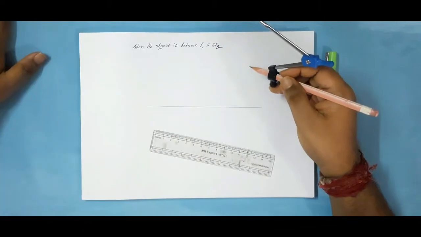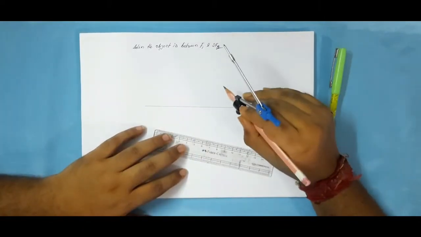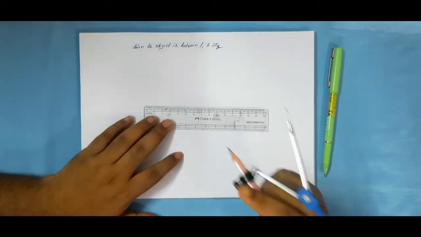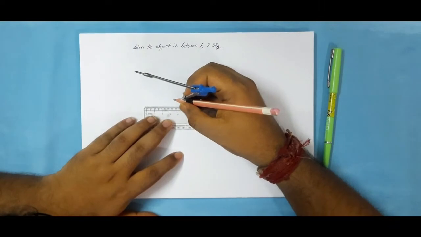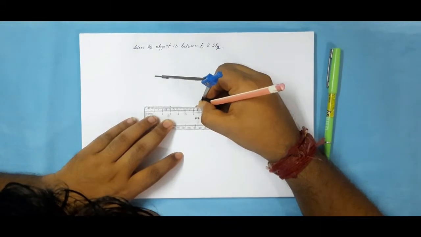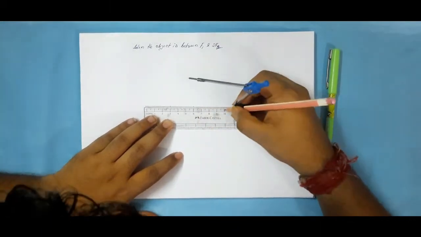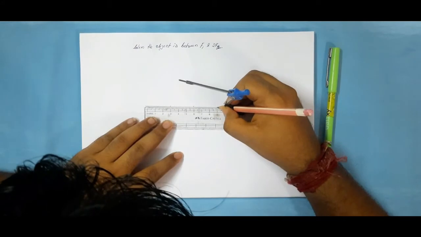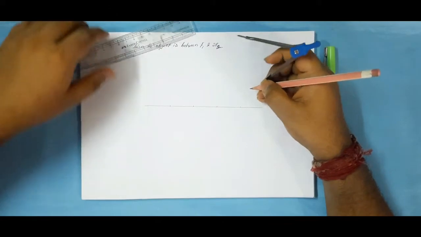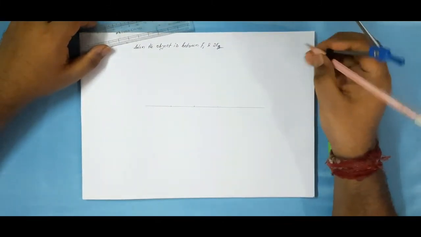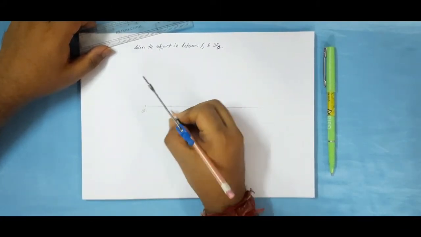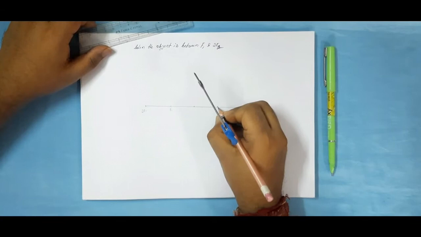Okay, the second step, we have to equally divide into 4 parts. 3, 6, 9 and 12. Now it is placed between, so first I have to write 2f1, this is 2f1, this is f1, f2